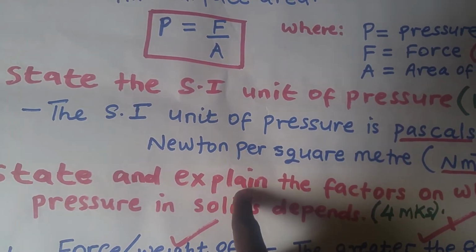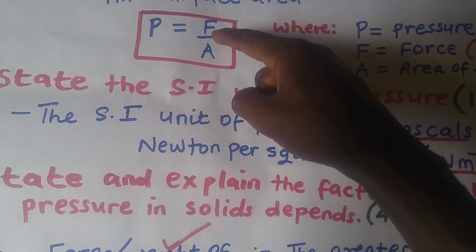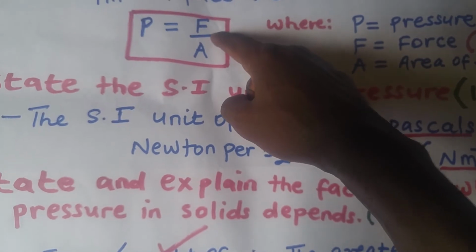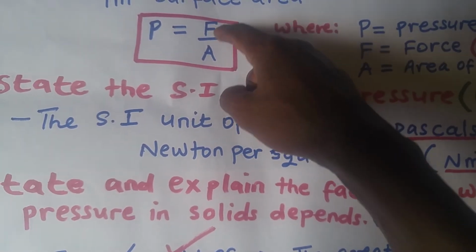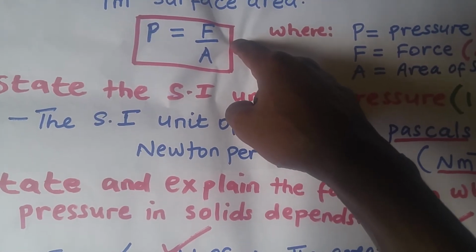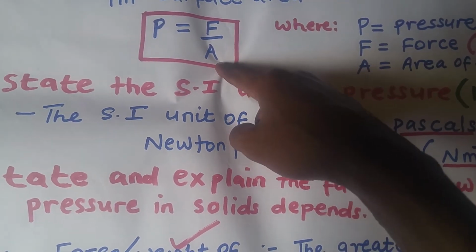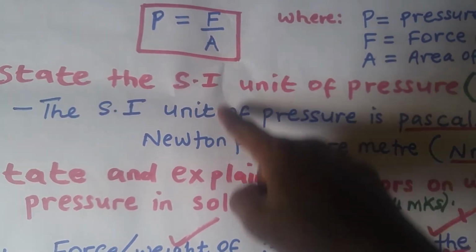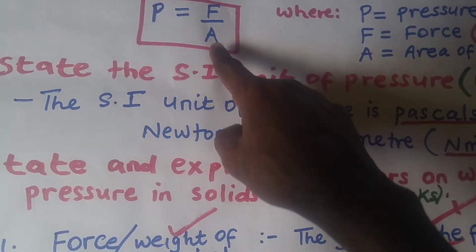After stating, explain. What does that mean? After you have said that the force affects pressure, how does it affect? So you must explain. When I increase the force, what happens to pressure? Does it increase or does it reduce? Then after stating area, surface area, as another factor, you are supposed to explain how the area affects